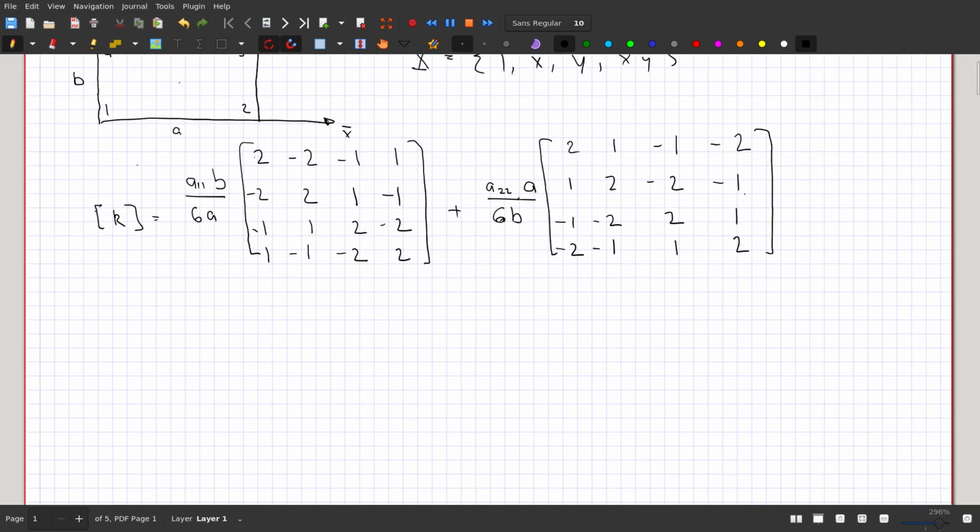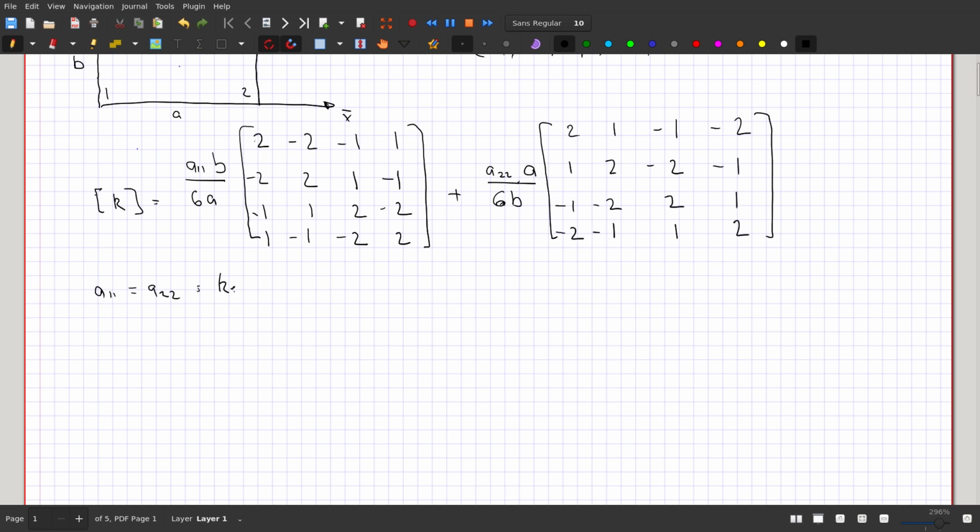So that was the first one we derived, and then if A11 equals A22 equals, we'll say, k_e, then